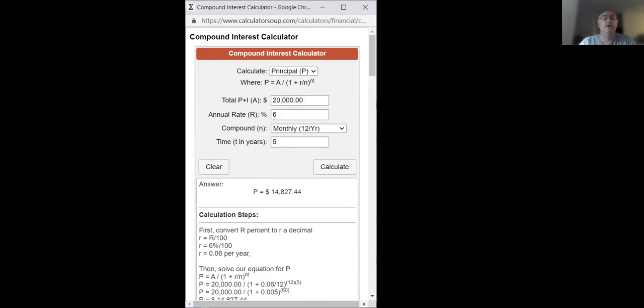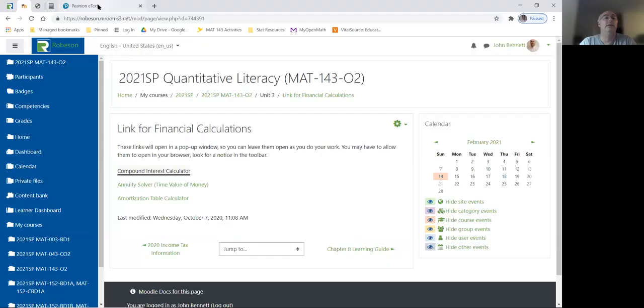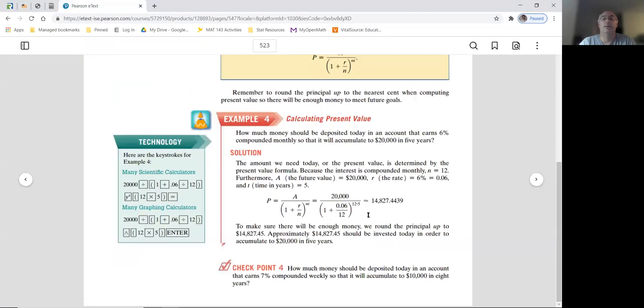If we again go back and look at the example from the textbook, we can see that that is pretty much the same amount that they got there. One thing that they did here was they did round it up a penny, because if you only put in the 44 cents, you would be just a bit short at the end of 5 years. By putting in 45 cents, you get perhaps a little bit more than $20,000 at the end of 5 years